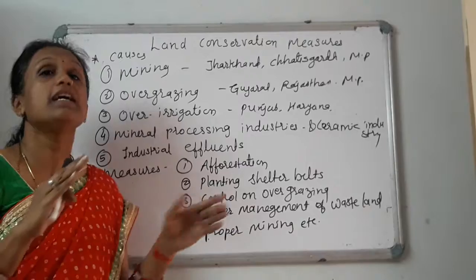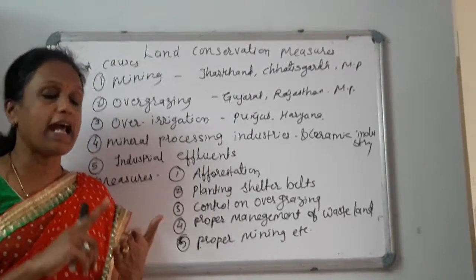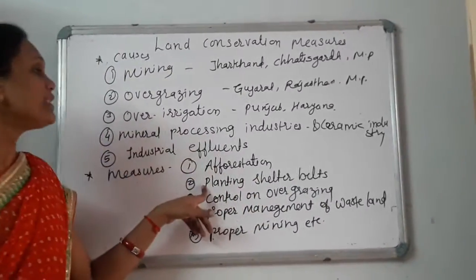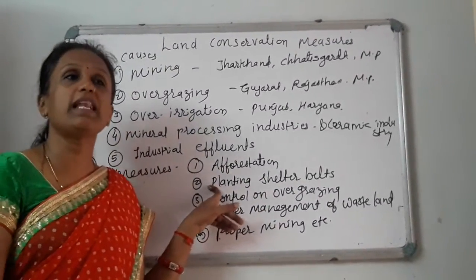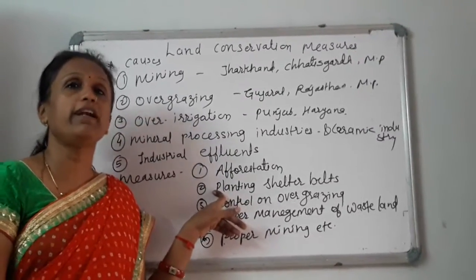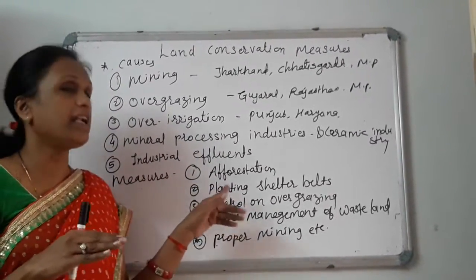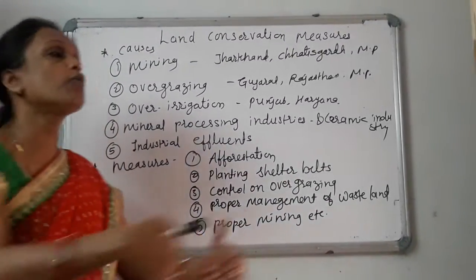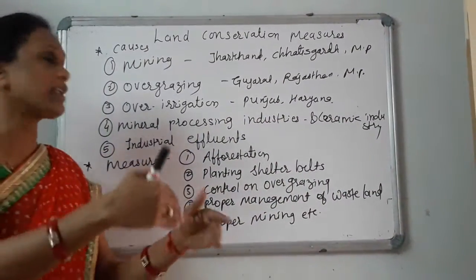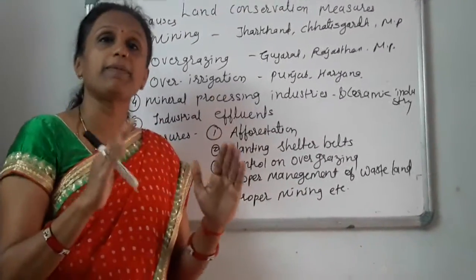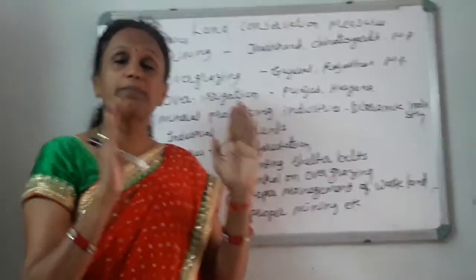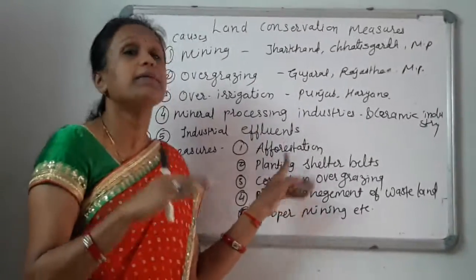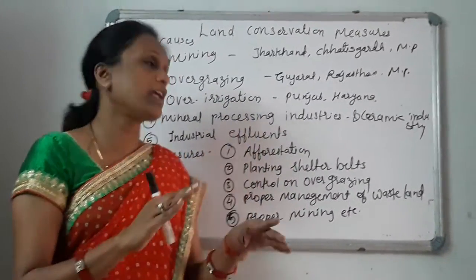Afforestation leads to pure air, and at the same time it holds soil and maintains the quality of land. Second, planting shelter belts. In some areas, due to wind, some of the land is degraded. So if we plant shelter belts, it means planting rows of trees. ट्रीज की रोज प्लांट करना. इससे क्या होगा कि शेल्टर बेल्ट बनेगा तो जब भी विंड आएगी, so that speed gets slower. So the wind speed will slow down and as a result that land will not get degraded.